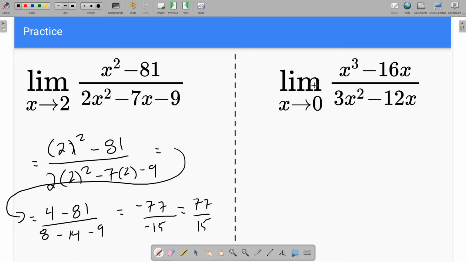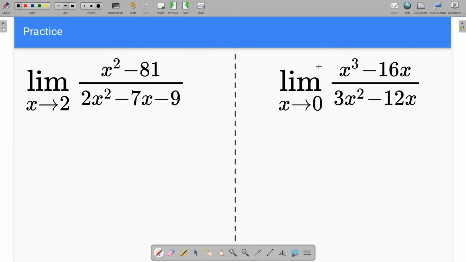So let's try this one out. Here I can tell right away, as soon as I substitute a 0 in, I'm going to have zeros everywhere, and I'll end up getting 0 over 0. So I don't want to do that. I'm going to try factoring then. So I can see in the numerator here, I can definitely factor out an x, and I'll be left with x squared minus 16 all over, and then I'll factor out a 3x in the denominator. So I'll get 3x